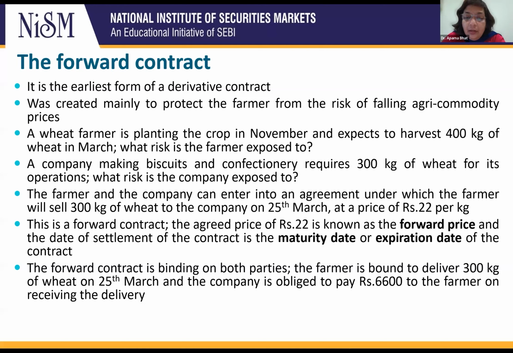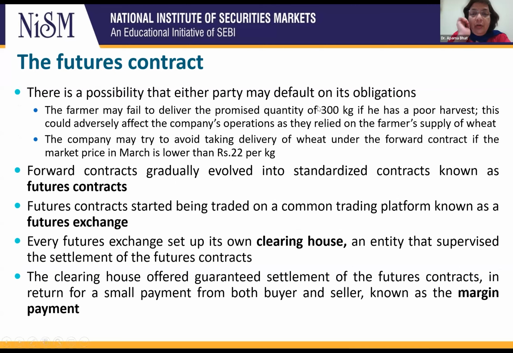And let's look at a different situation. Let us say that year there was a bumper crop of wheat and therefore the market price of wheat went down to 18 rupees a kilo in March. Now, can the company tell the farmer that we are not going to buy wheat from you because in the market the price is much cheaper? The company cannot do that, because the company is bound to buy the wheat from the farmer. So the contract is binding on both the parties. That is the case of the contract.